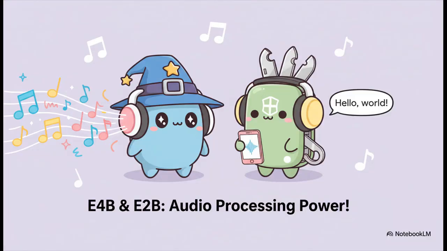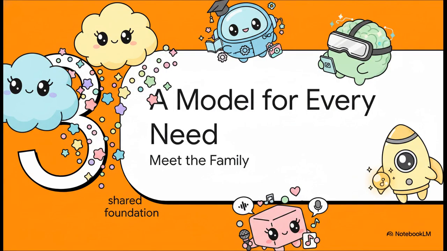And it doesn't stop with sight. The 2 smallest models in the family, the E2B and E4B, also have ears. They can process audio directly, which makes them absolutely perfect for on-device jobs like real-time speech recognition and translation right on your phone. So let's recap. We've got this shared foundation of super efficient attention and the ability to see and hear. Now, let's see how that foundation supports our 4 distinct family members, each with its own special trick for its